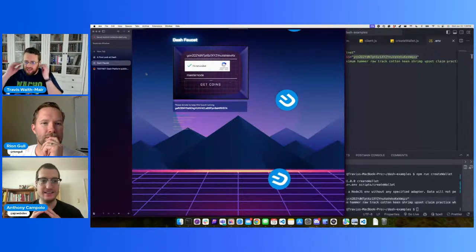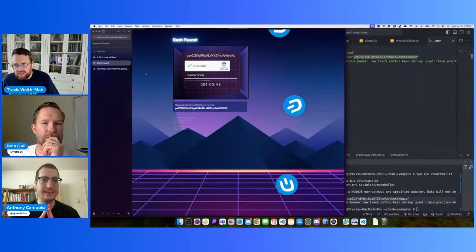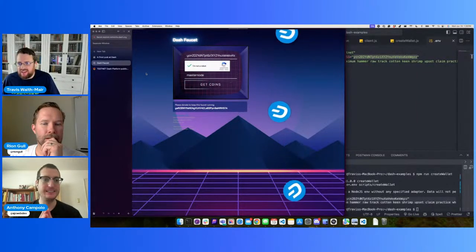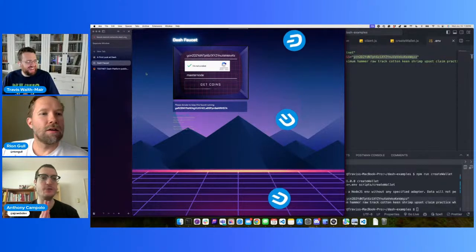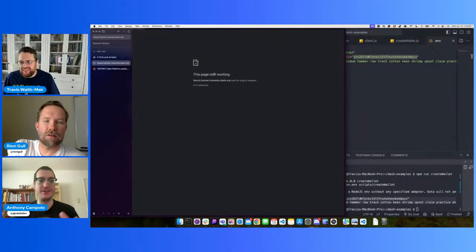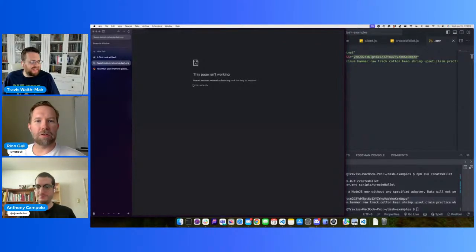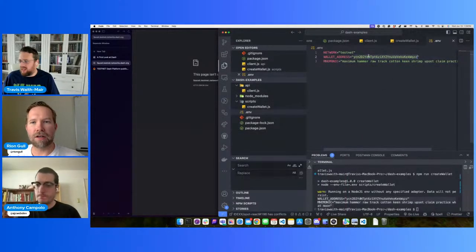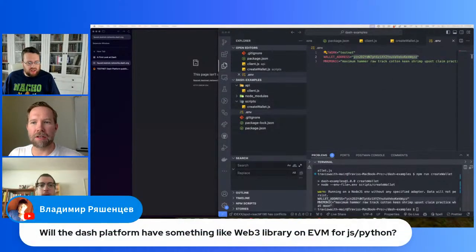I would say 50% of the time it crashes, and that means it works. And then like 10% of the time it will work and will give you a message saying it works. And then like 40% of the time you just have no idea what happened. So Travis, if you could paste your Dash address that starts with a Y into our chat, I'm going to